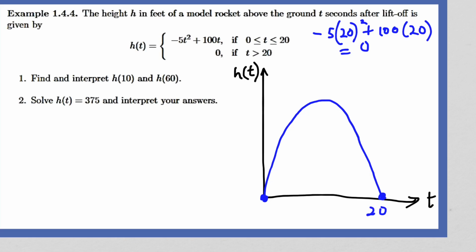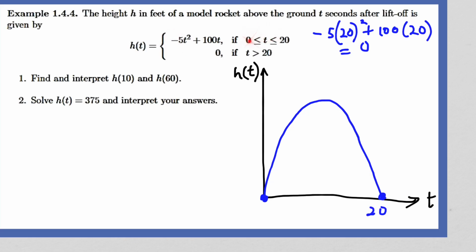So we need to understand how these functions work. And these are going to come up a lot when you get into calculus as well. So in this problem, it says the height h in feet of a model rocket above the ground in t seconds after liftoff is given by this function here. So it's governed by this upside down parabola function. See, negative in the front, squared term, degree 2 term. So this is an upside down parabola,